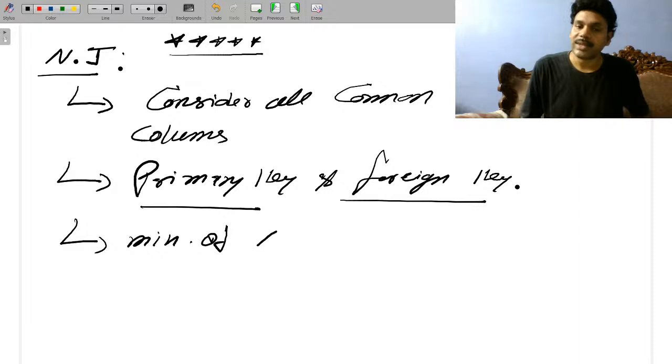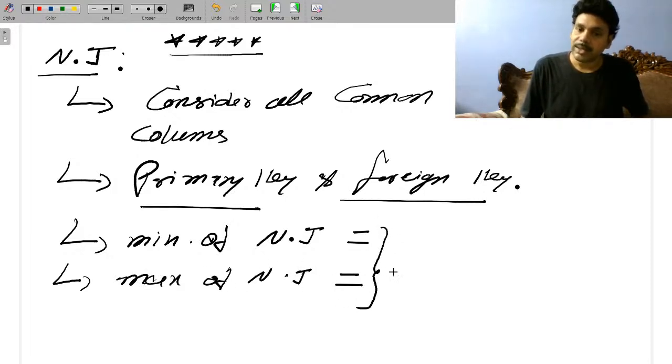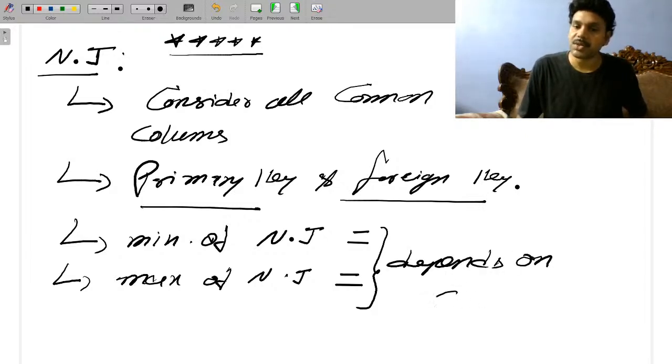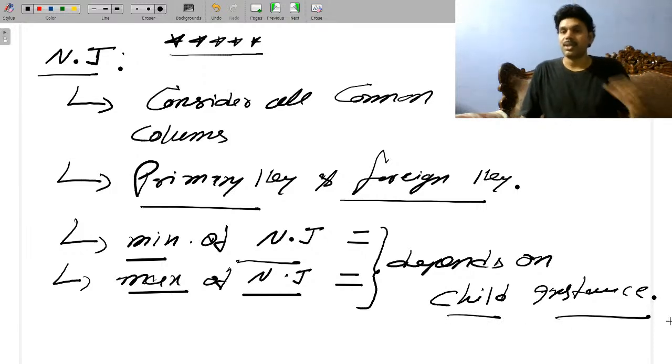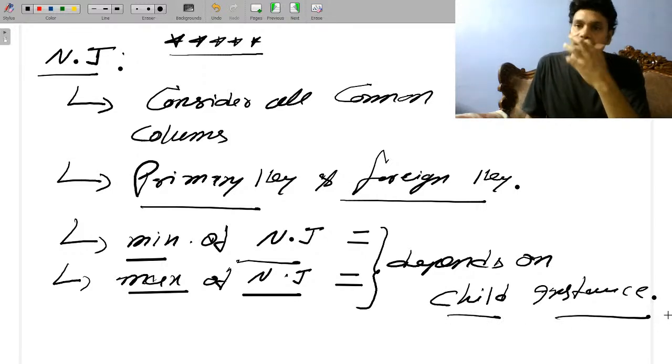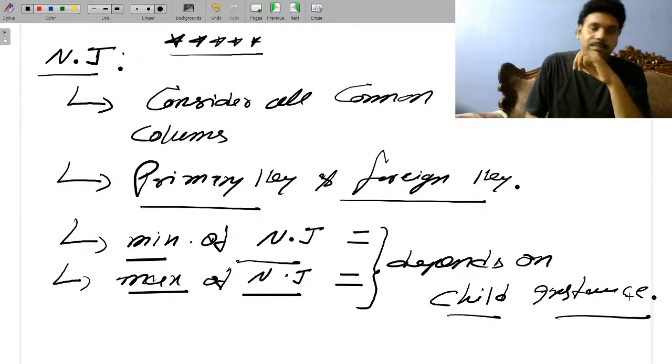Minimum of natural join is equal to, maximum of natural join is equal to, depends on, this is your shortcut, depends on child instance. That's it. So minimum and maximum size of natural join depends on child instance only. If you are able to identify the child table, your answer will be in your hand. Okay, so let us write a concept